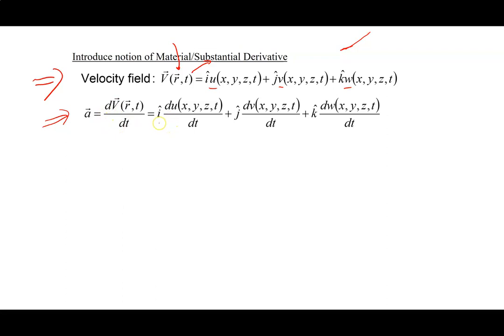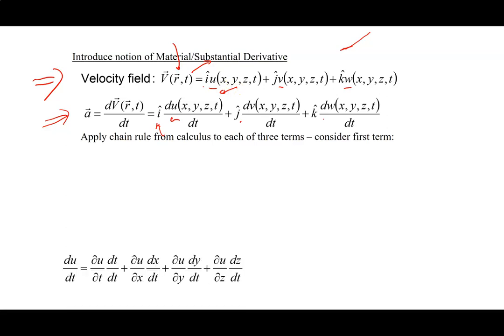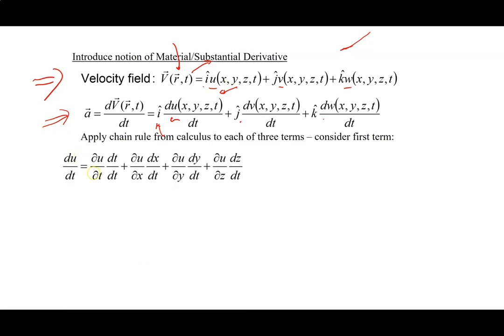The acceleration vector a can be written as the derivative of this velocity vector field. So it is simply i hat as a constant, so I can slide the derivative operation past the i hat, times du/dt plus j hat dv/dt plus k hat dw/dt. I can use the calculus chain rule and write this out explicitly. du/dt as